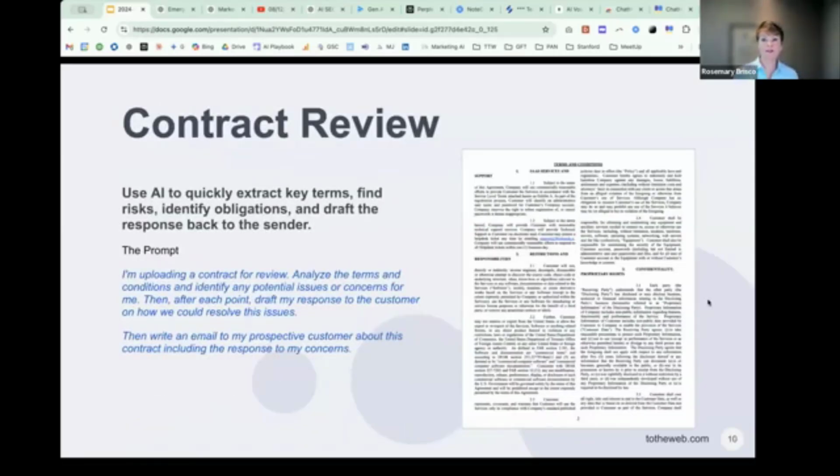Another awesome thing for us consultants to use summarization for is in contract review. This is just one way to speed the sales negotiation process. And what I did here was I took terms and conditions that were provided, and I asked it to analyze the contract and identify potential issues or concerns. I asked it after each point to draft my response,